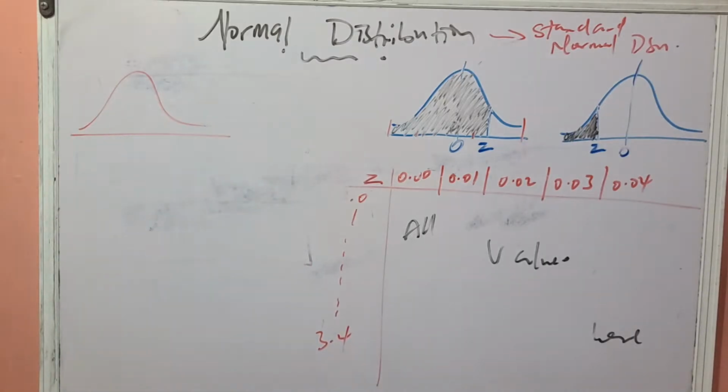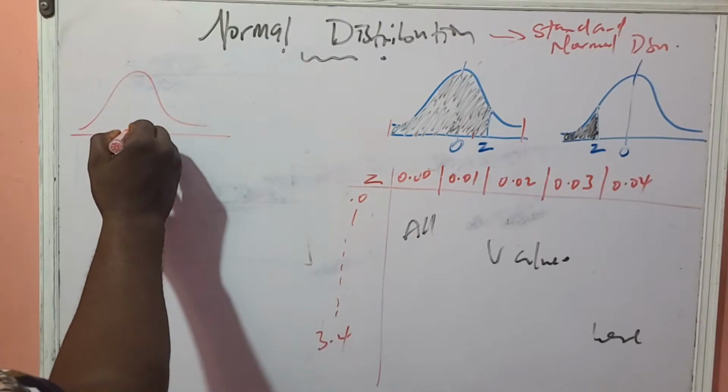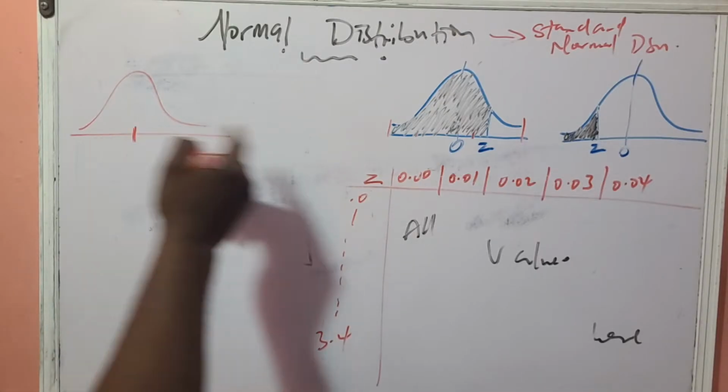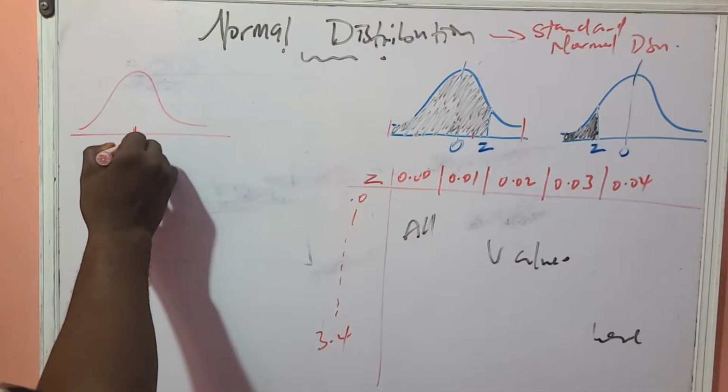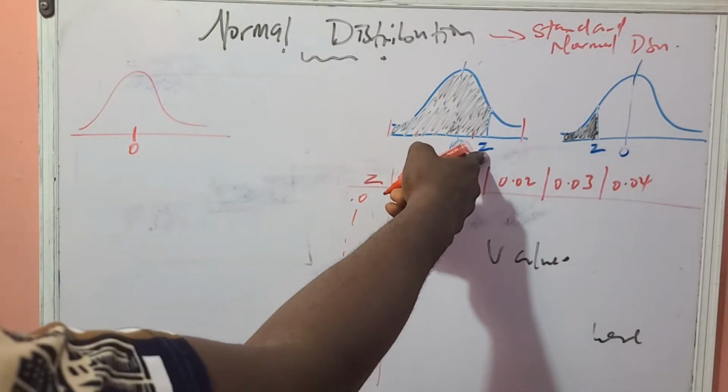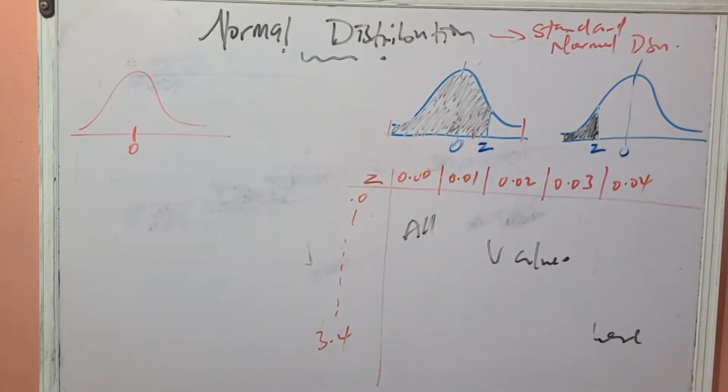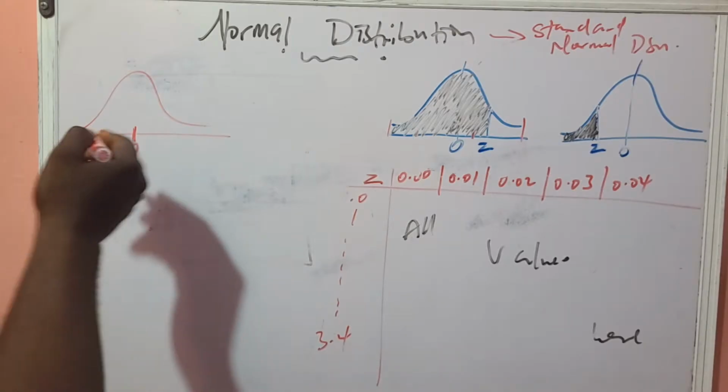Now let me quickly say something. I'm sure everybody here understands the number line. You can see right here, we said this was 0. Then we were saying whatever the Z value is, this represented whatever your Z value is. Now, if this was 0, and